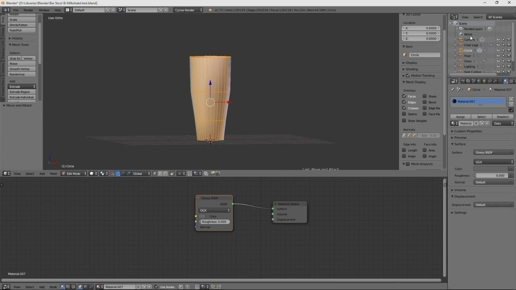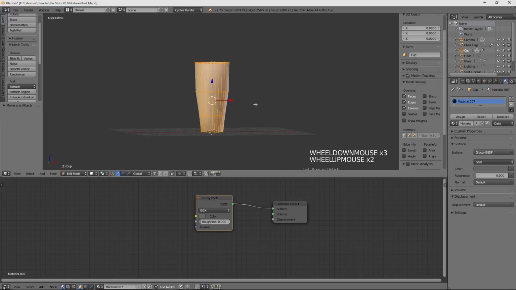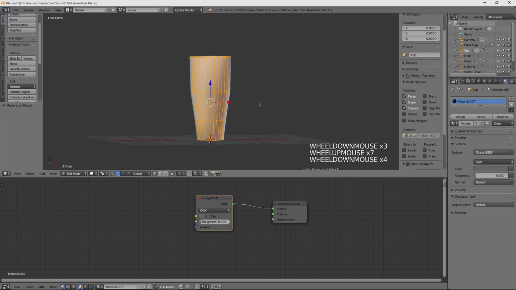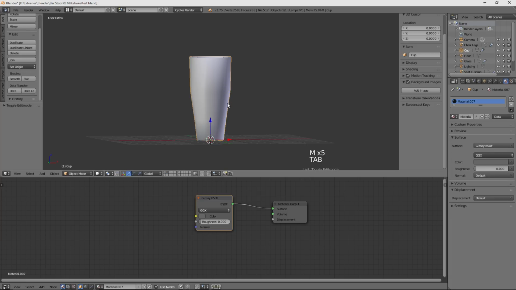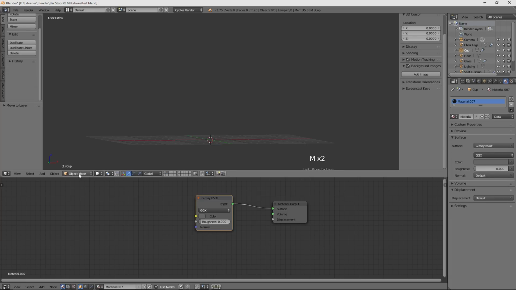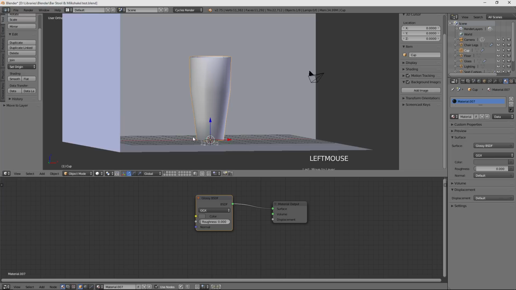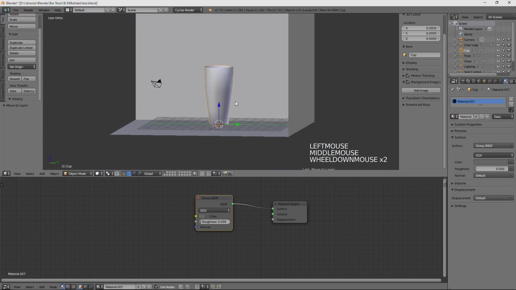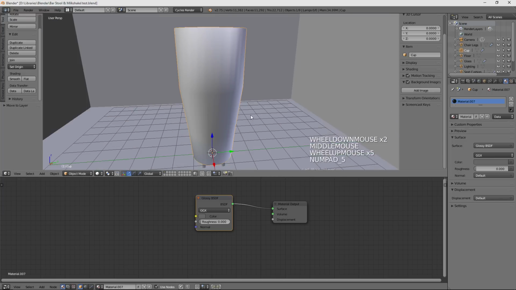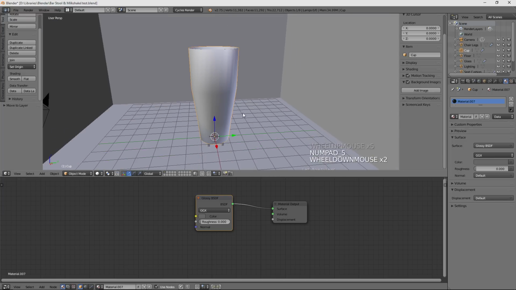So I'm going to call this one cup. Up here, cup. And cup is going to pour into the glass. So let's move this back in object mode. Move back to layer 1. So that's M and then 1. And it's pretty big, so hit 5 to get back into the perspective view.